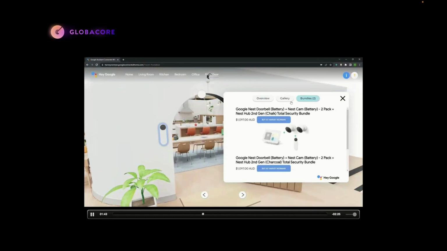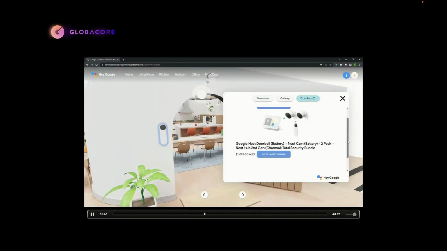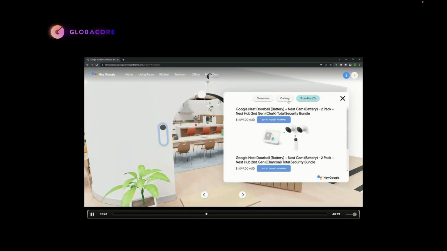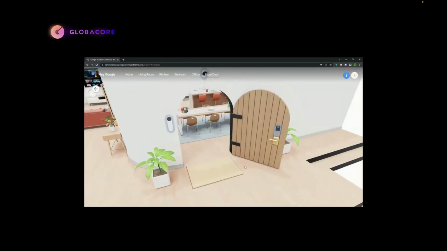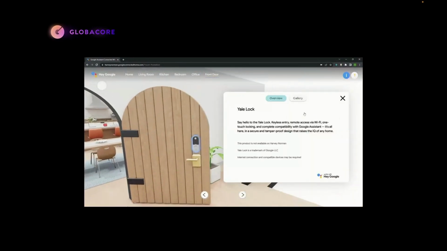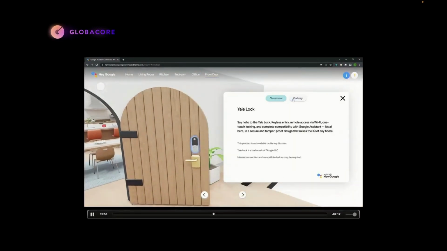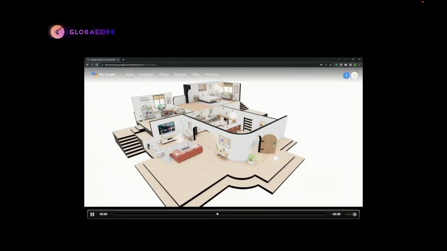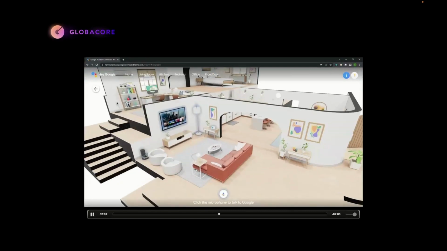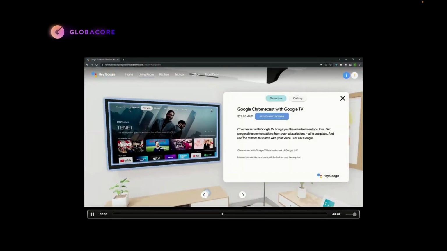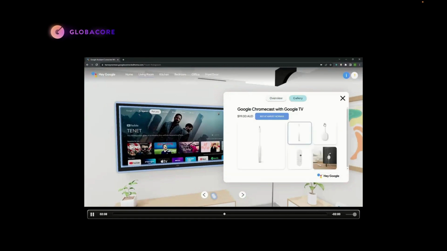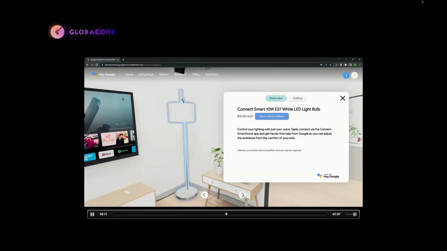And as you see, this is again the interaction for the bundles. All of them were parsed with the shop, via the shop's API. So if they had a bundle, the bundle would show up here. For the UI and all of the content, we use Next.js for faster render and incremental build. And for the 3D, we use React Three Fiber with some helpers, as you see.